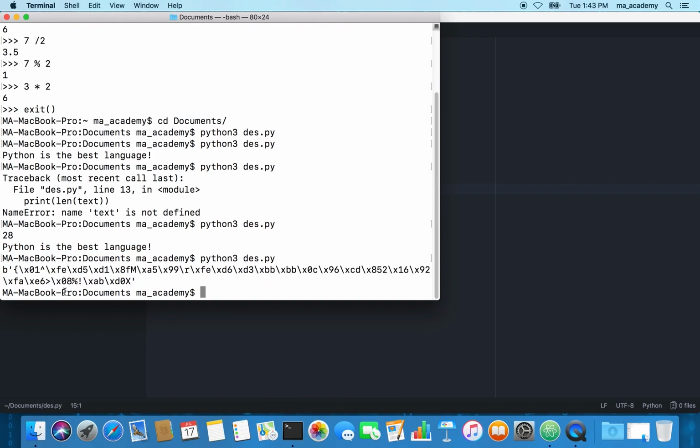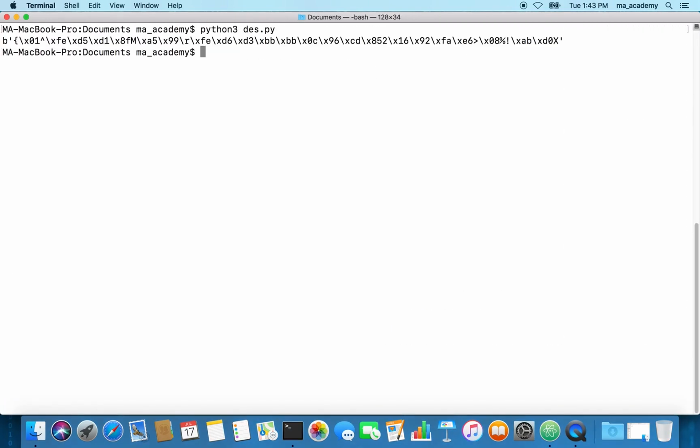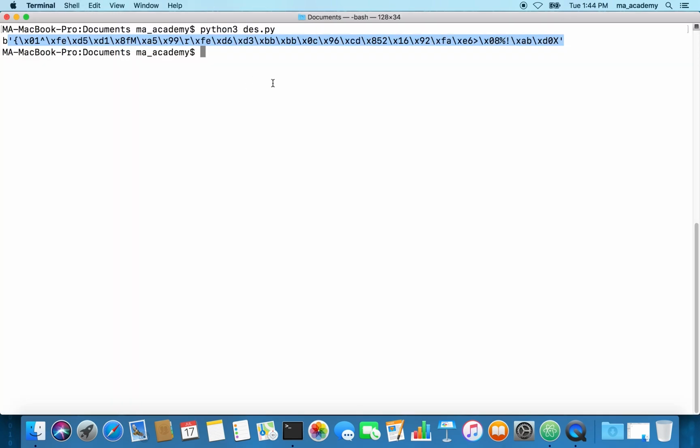Now you can see that. Let me clear the screen and run this again. Now you can see that this shows us the encrypted string. So it takes this line, Python is the best language, and it encrypts it using this hello 123. However, if we change our password to something like this, what up, and run this again,